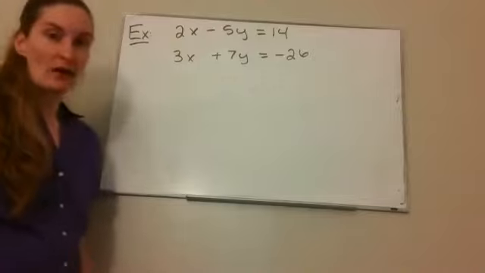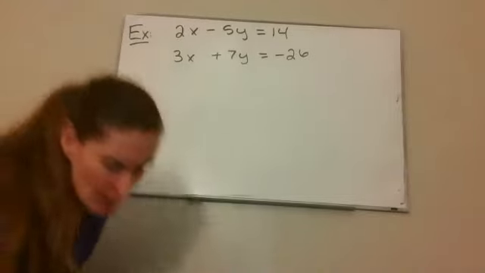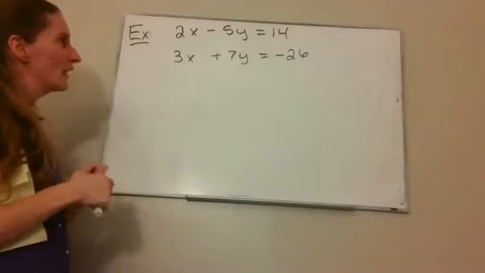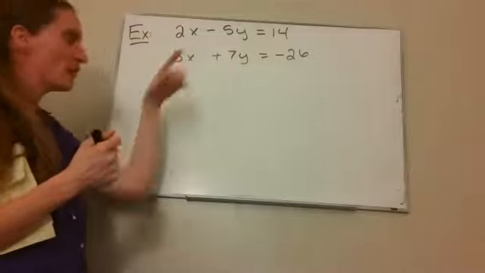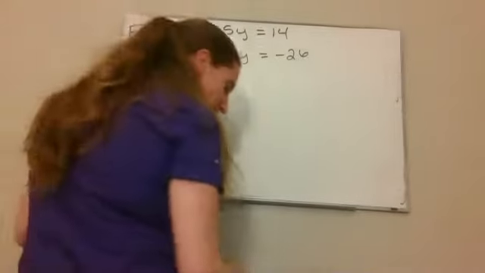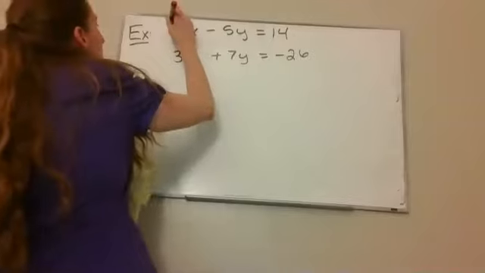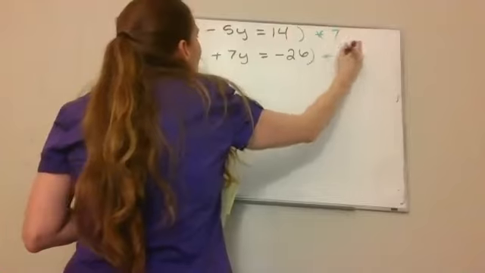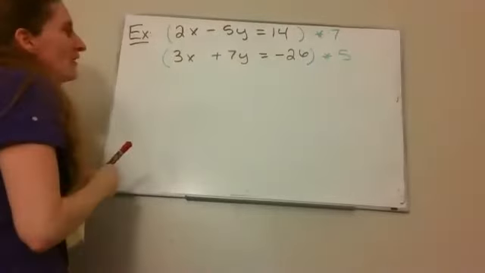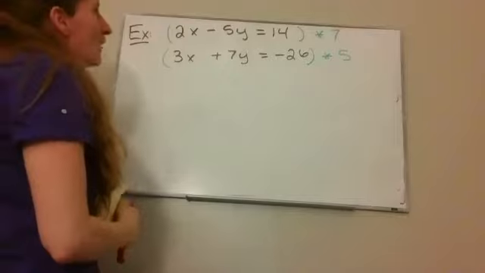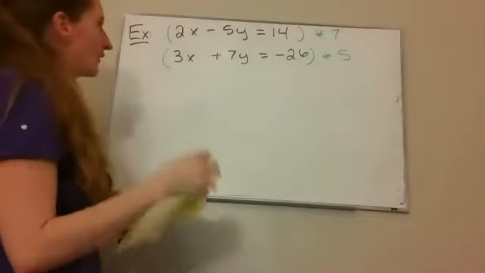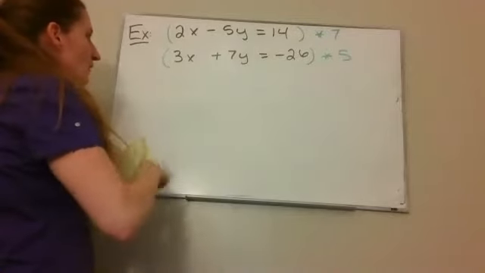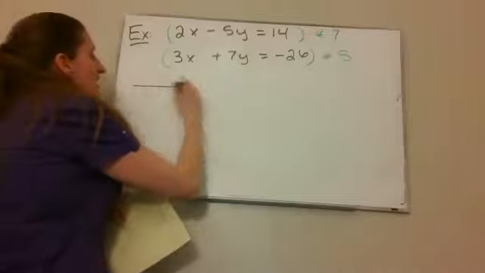So now let's figure out how to do this, and I'm going to use elimination again. We want to get rid of either the x's or the y's, and like last time, I notice I have these opposite signs on my y, so I'm going to get rid of the y. I'll multiply the top equation by 7 and the bottom equation by 5. And that will make it so my y's have a negative 35 and a positive 35. So when I multiply the two equations by those numbers, I get